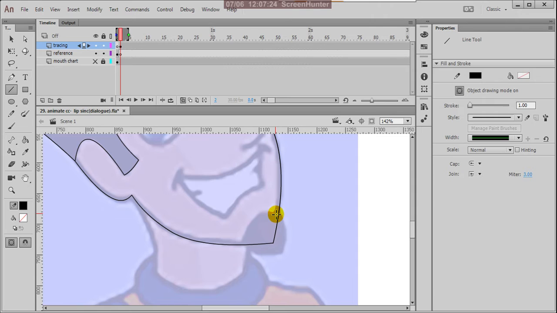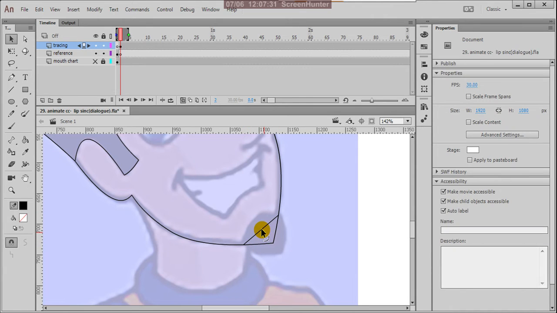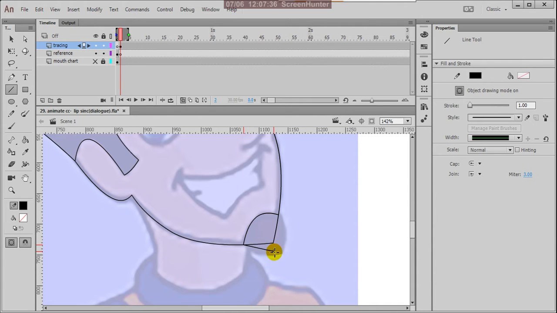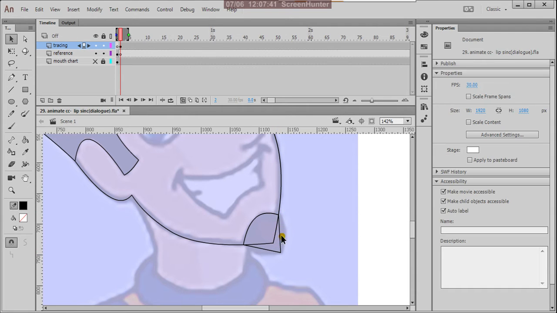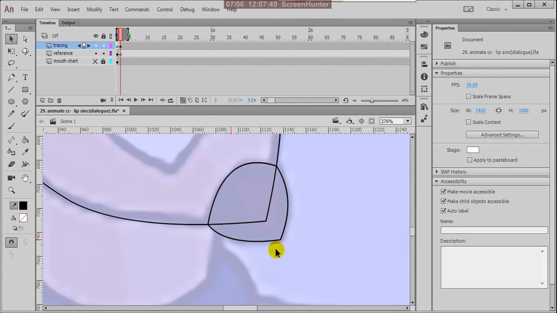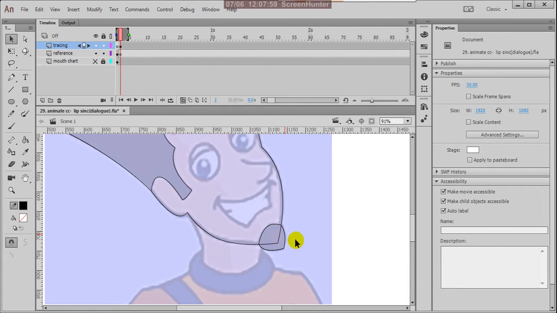So here also I'm doing this. Tracing means not blindly making lines. You have to understand the anatomy and understand the character design, as per the character design and the mood of the character, and then you trace.